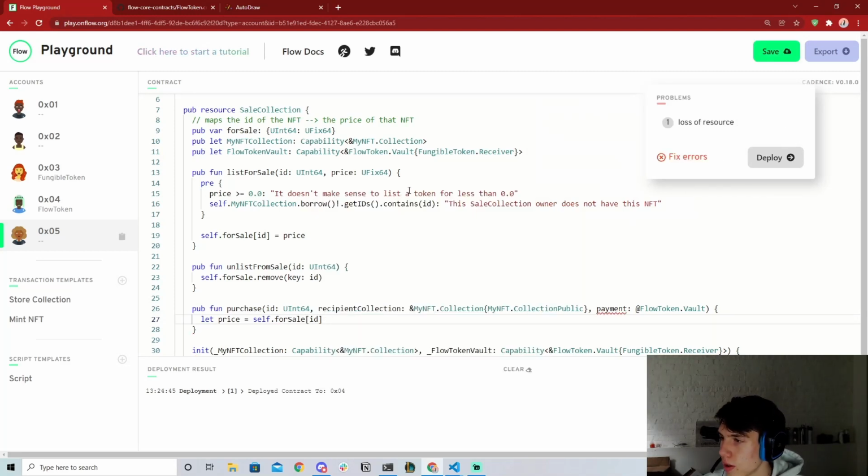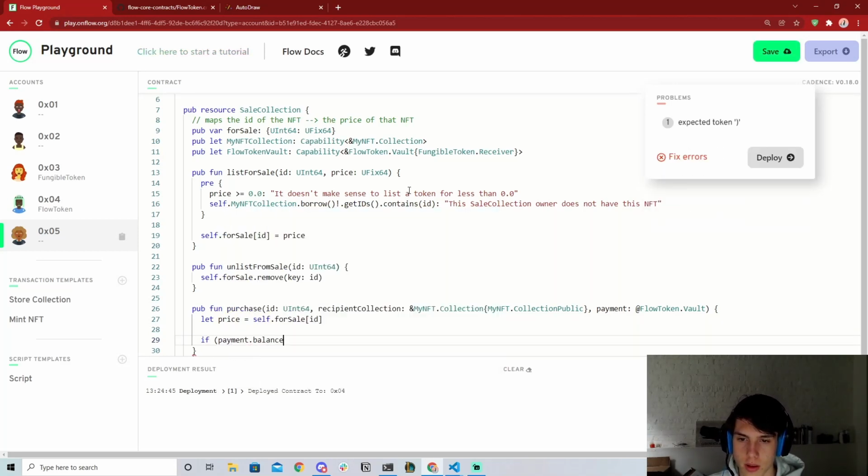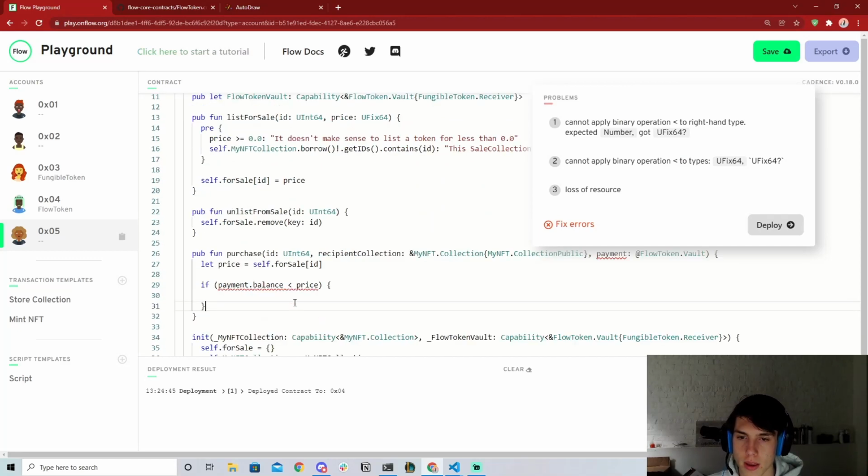Okay, and then we're going to say, if payment dot balance is less than price, then we're going to panic. And so the panic is going to be,